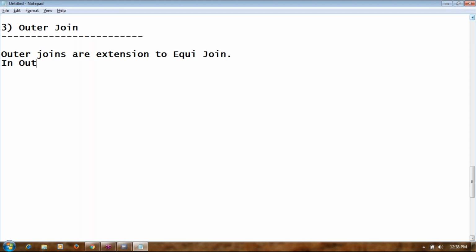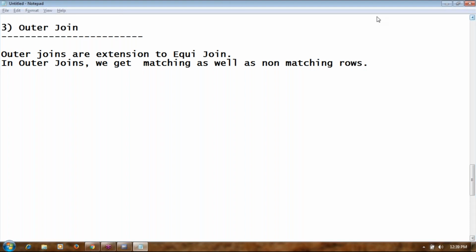In outer joins, we get matching as well as non-matching rows. What do you mean by getting matching as well as non-matching rows? Let us understand with these examples.